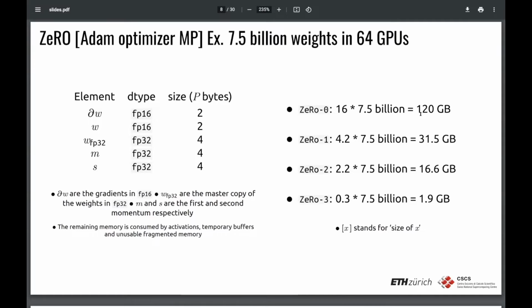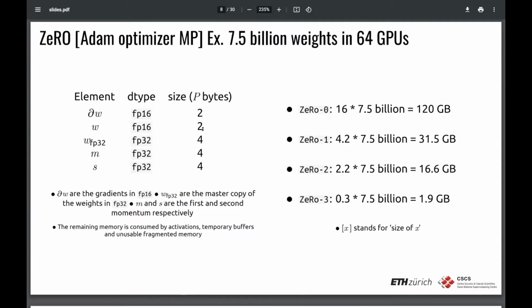So if we want to train this model using Adam, we need 120 gigabytes available only for this. On top of that, there are all the activations and temporary buffers that are also needed. So it's a lot of memory. Of course, with data parallelism as we know it, let's call it regular data parallelism, there is nothing we can do. Okay, so if we apply ZeRO stage 1,